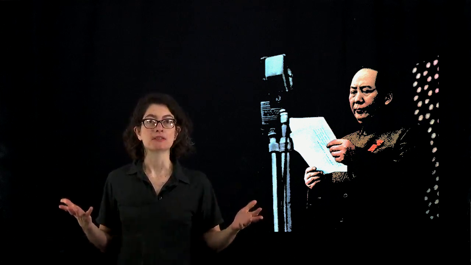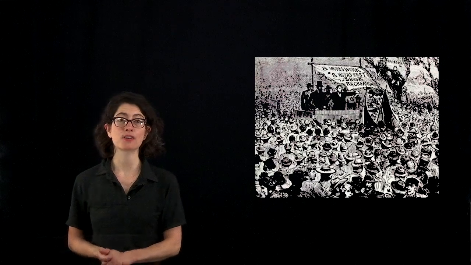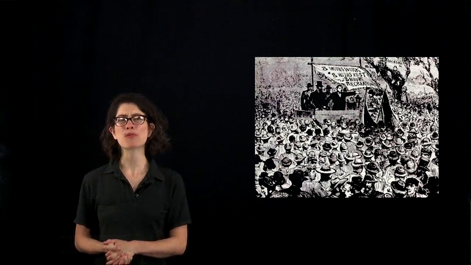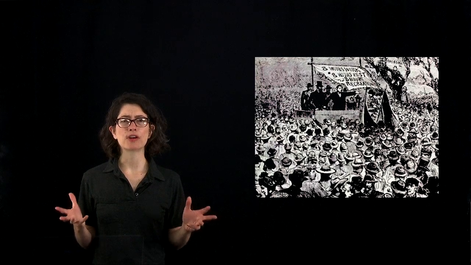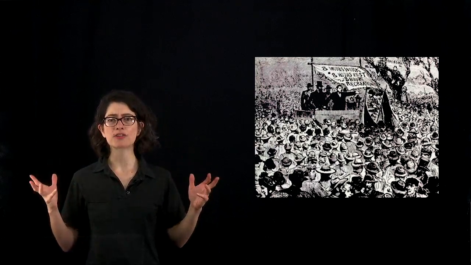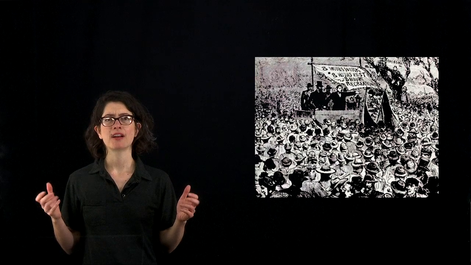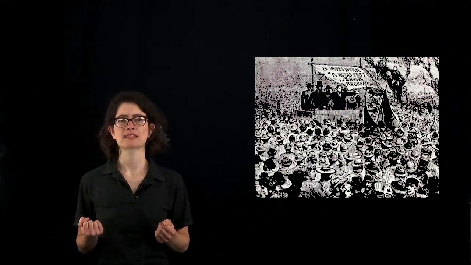These movements came out of a much longer tradition of mass politics. You notice we have a lot of mass items in this course. Mass consumption, mass production, mass distribution. We also have a mass mobilization for war. We also have mass politics. Mass politics is a key factor in 20th century world history and is really a new thing. This is the first period in history in which large groups of people get together and influence the political process